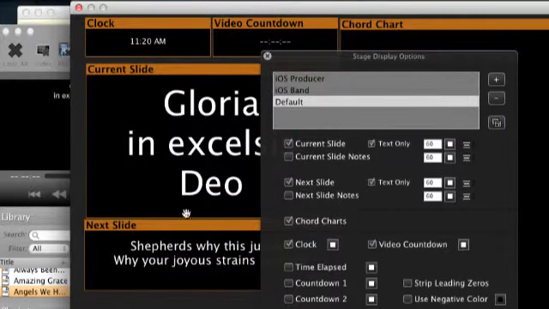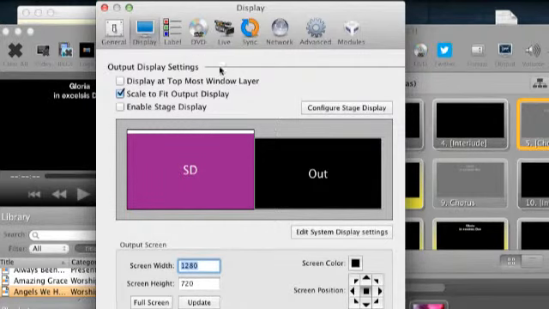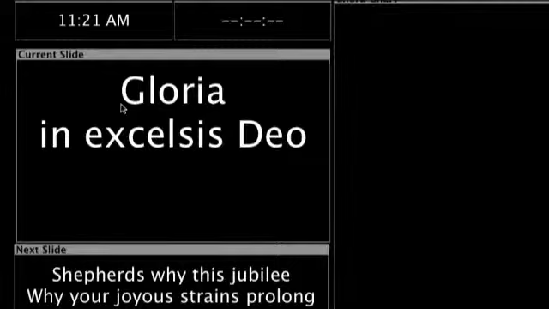So when you have this up, you might want to actually have lyrics on when you're editing this, so that you can tell what it's going to look like. So again, I go back to enable stage display, and here you see that it has the time, 11:21 a.m., the current slide lyric, and then the next slide lyric,